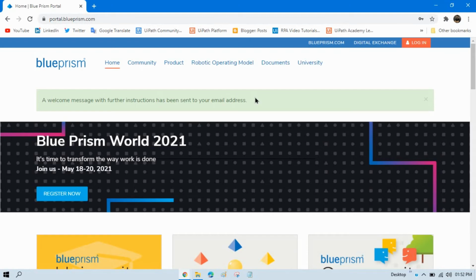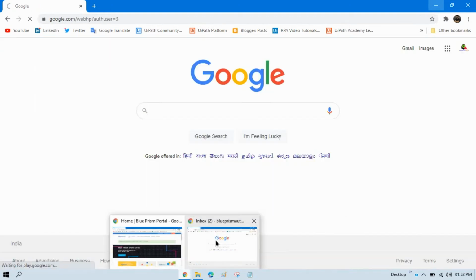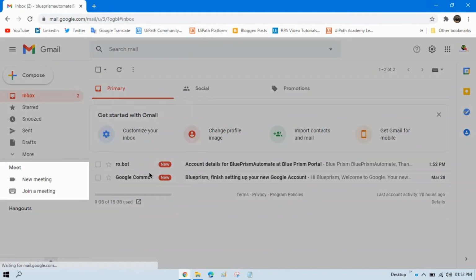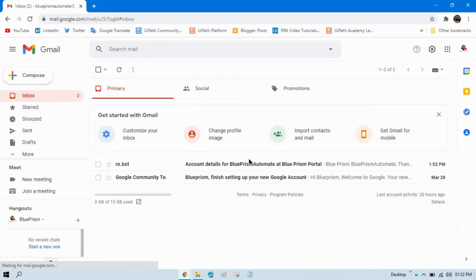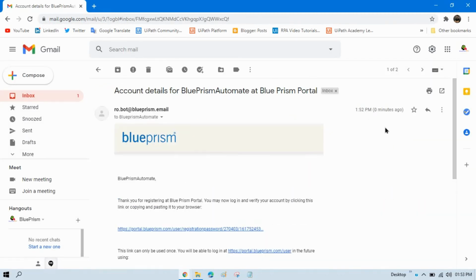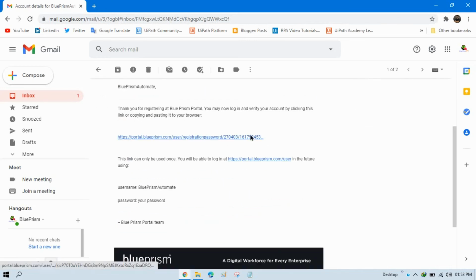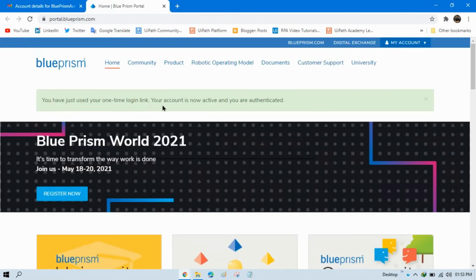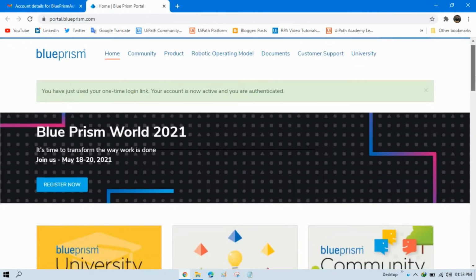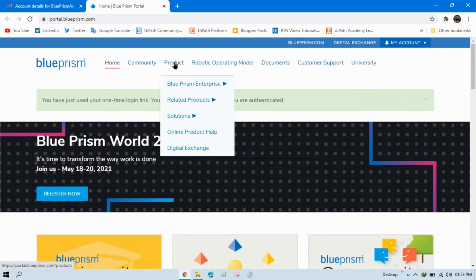So just open your Gmail. I have received one email from ro.bot, and this is for account details for Blue Prism Automate at Blue Prism portal. This is the link where you need to verify your email. Just click on that. You have verified your email, and then you have to click on this product,